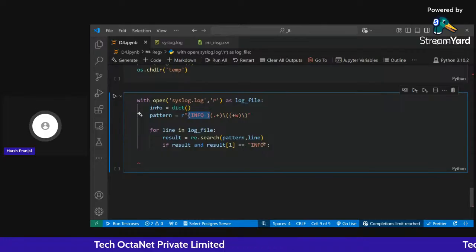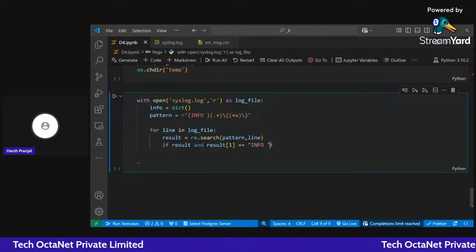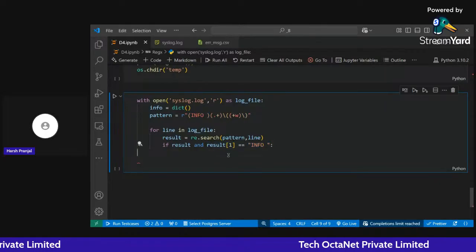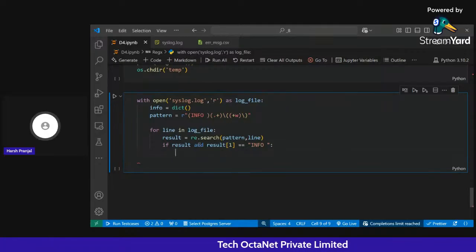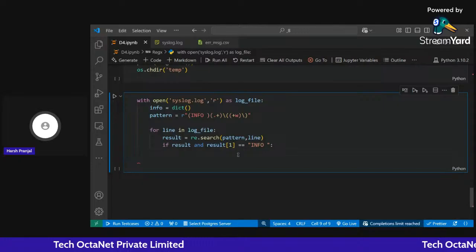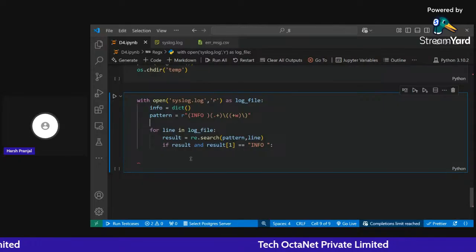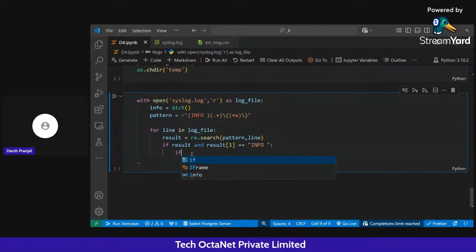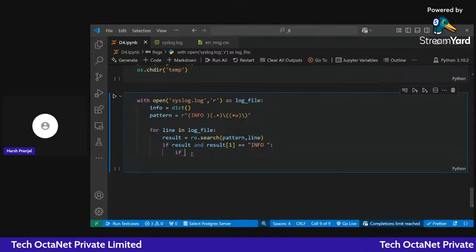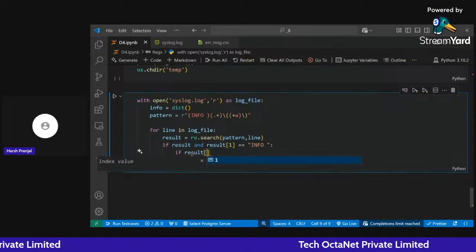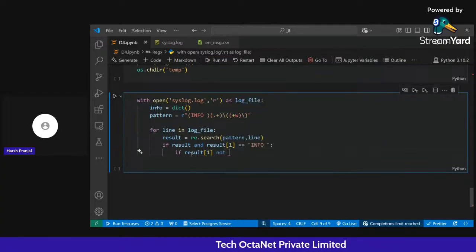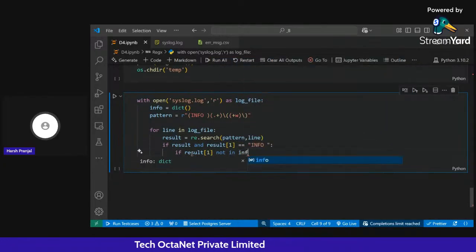So there is no need to check, but for clarity, for understanding, you can use this condition also. Now if result one exists, what we will do, let's create a dictionary here. We have created a dictionary. So if result one not in info,